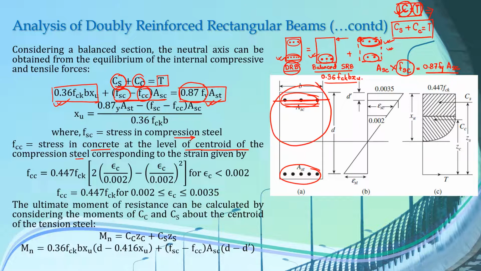So 0.36 fck b xu we have derived. The compressive force for our second part will be given by the product of the area of this compression reinforcement and the stress in that compression reinforcement. And if you remember, one thing we have to subtract here. So when we derived our formula for this singly reinforced section,